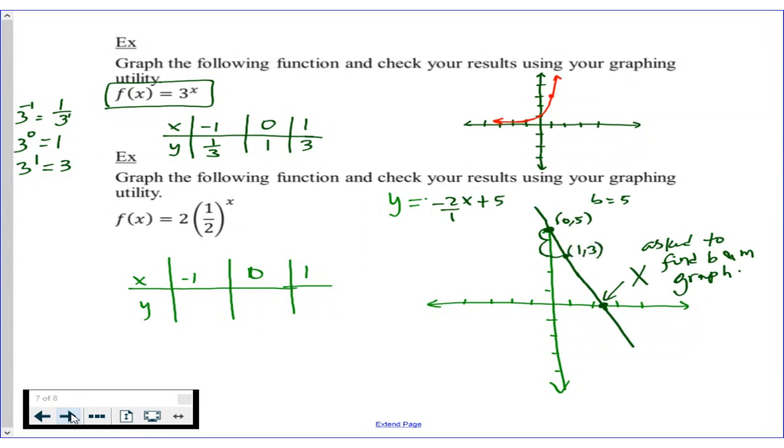I think that's what Norma is asking. Sorry, guys, I'm trying to explain some misunderstanding. If you plug in y equals 0 here, 0 equals negative 2x plus 5, so when you solve, x becomes 2.5. So yes, the x-intercept is 2.5, but you are not asked to find the x-intercept, just the y-intercept and the slope.